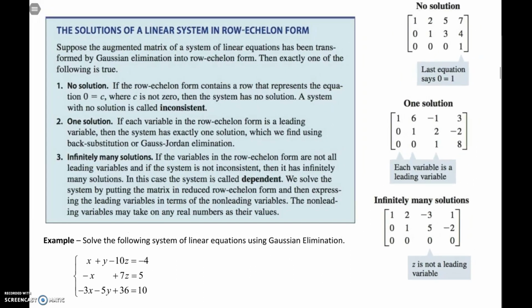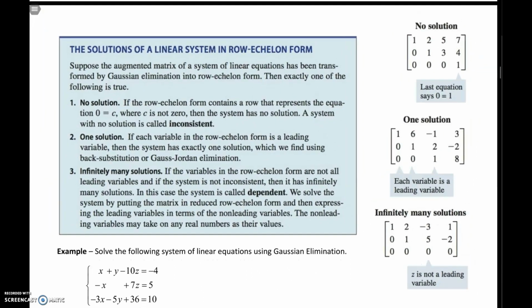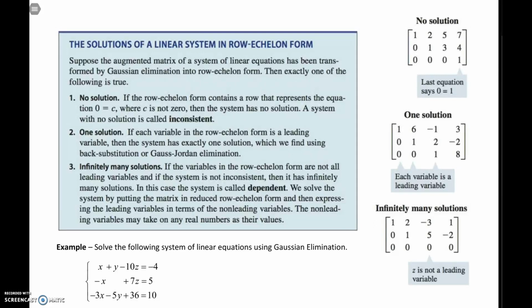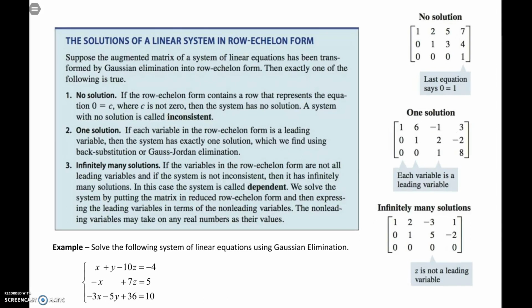All right. So I didn't get to this last example in notes. I apologize again. So, solutions of a linear system in row echelon form. If you remember, when you have systems of equations,